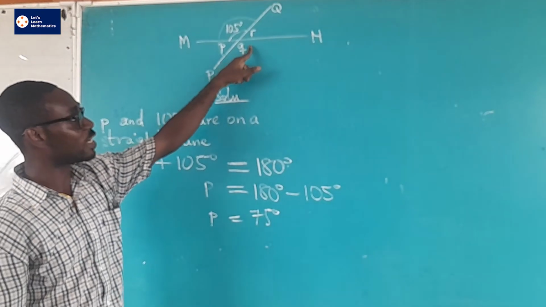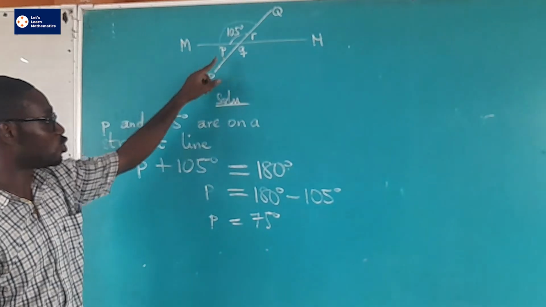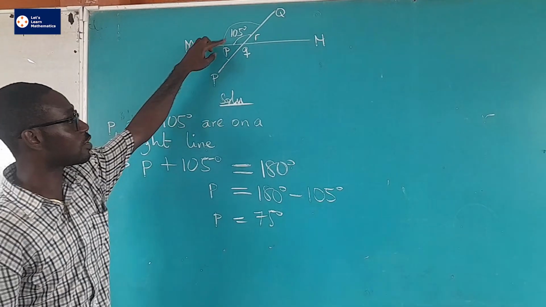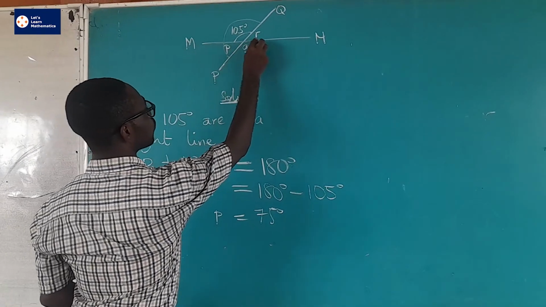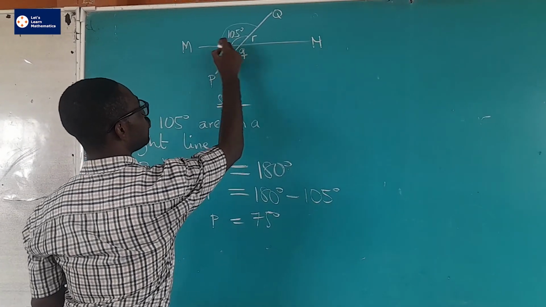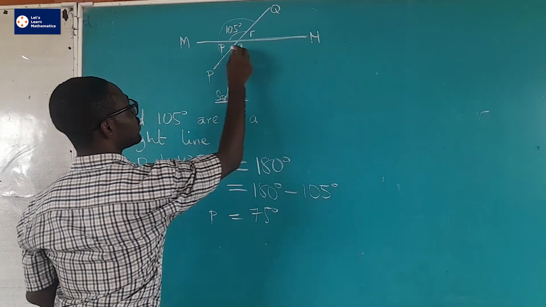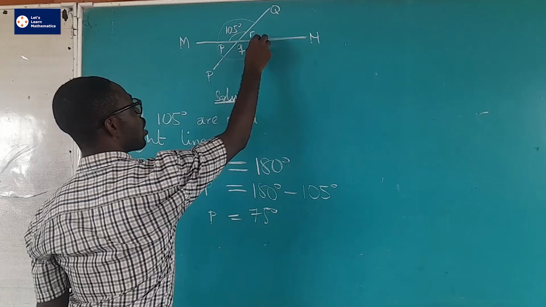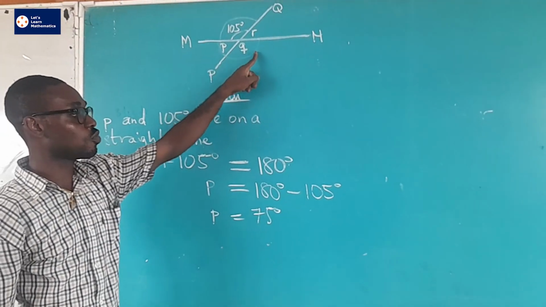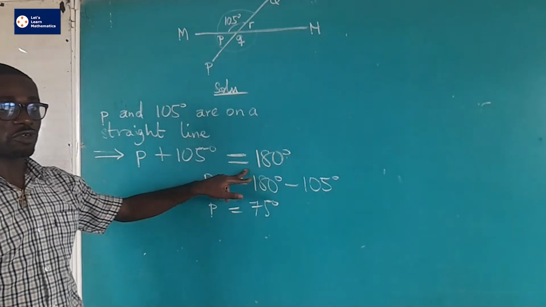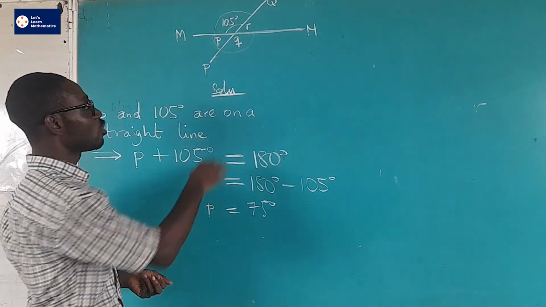We can also find Q. The same property we use, that is angles on a straight line here. We can use the same for P and Q. So if we are considering this line MN, you can see that P and Q are on the straight line. That means P plus Q will also give us 180 degrees. But aside from that, you can also see that